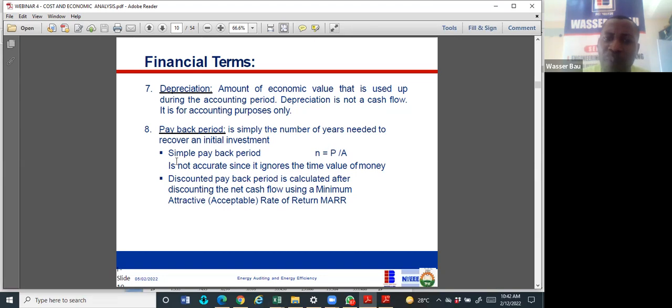So we have the simple payback period and we have the discounted payback period. The discounted payback period simply means you would have discounted the initial investment using the minimum attractive rate of return. So the discounted payback period is more accurate because it takes into account the